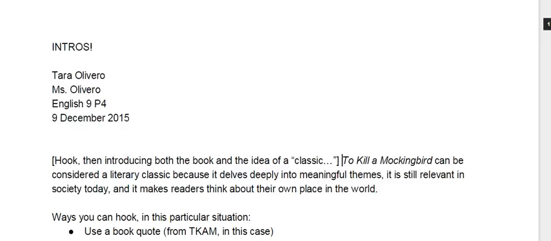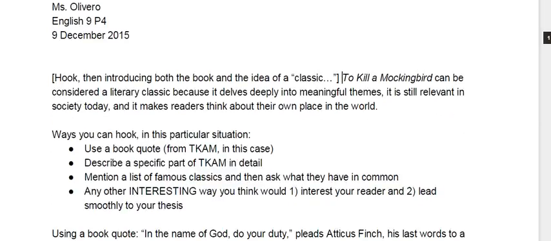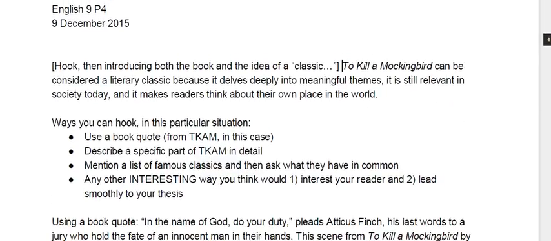So we've talked about hooks before and what kind of hooks are usually good. I came up with a variety of ways that you can hook in this situation. Like, you're not always going to be able to ask a question. You're not always going to be able to start with a relevant quote. And sometimes you have to alter some of those things depending on what the topic of your essay is. So in this particular situation, where you're writing a literary analysis of a book,